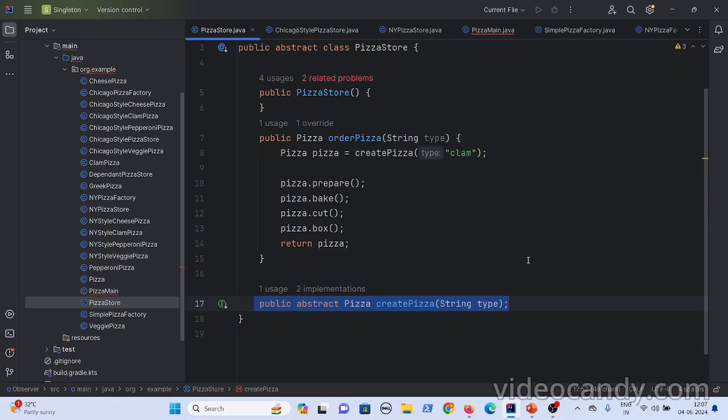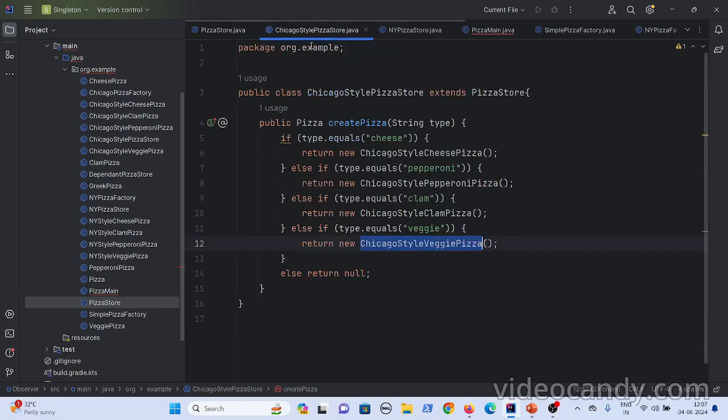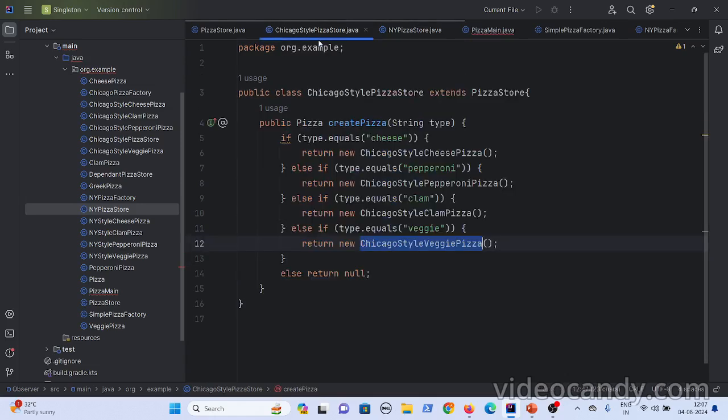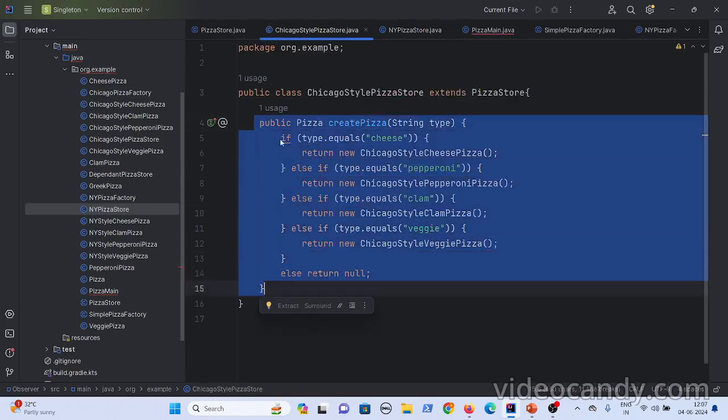Now you might get another doubt. If you see this Chicago style pizza store and the New York style pizza store, the only difference I can see is that it is just a replica of simple factories, because the same logic we had in the simple factory, and here you have another simple factory.